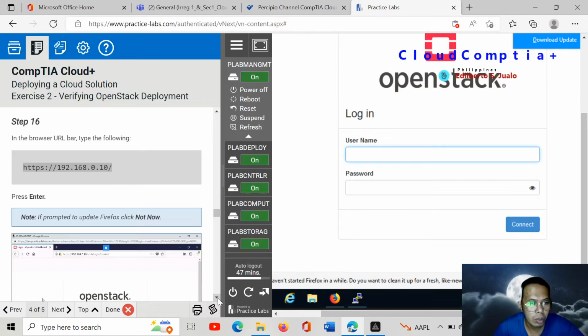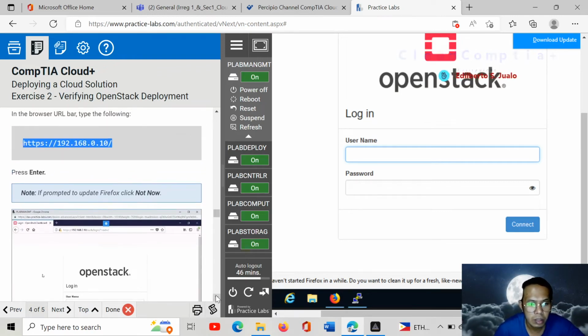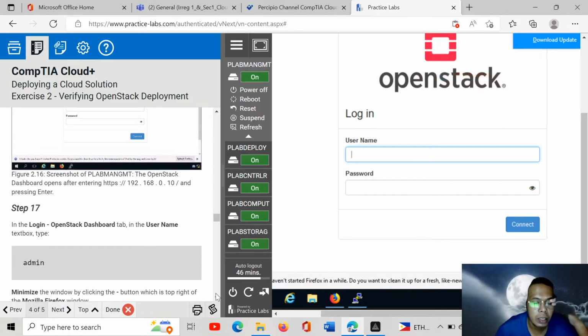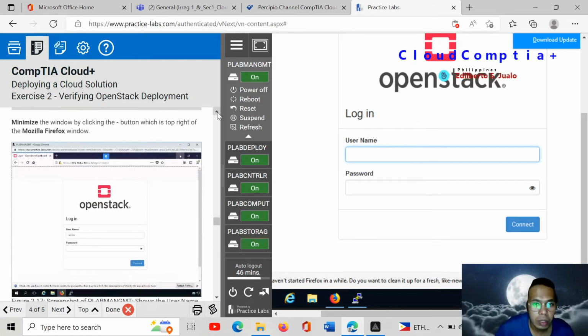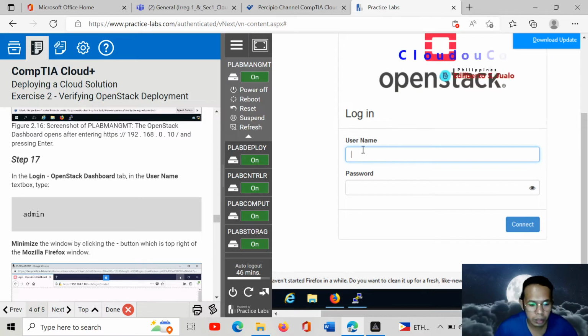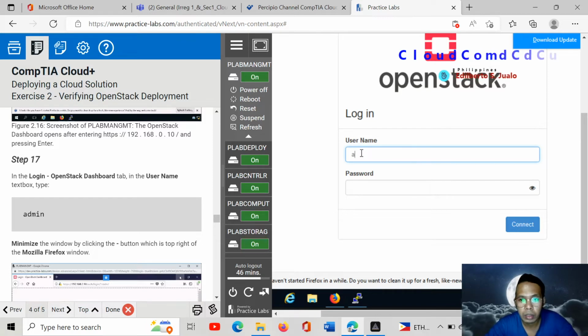Note, if prompted to update Firefox, click not now. Then this next is step 17 in the login of OpenStack. In the dashboard tab, in the username box, type admin. Admin. Okay, and next,